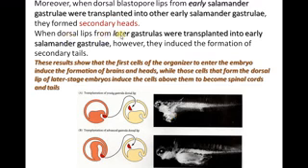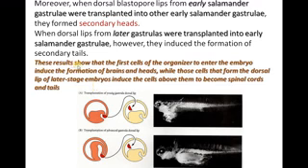When the dorsal lip from a later gastrula is transplanted into an early salamander gastrula, however, it induces the formation of a secondary tail region. Look at that. If you take the same thing from a later gastrula into an early gastrula, you see tail formation, whereas with the early gastrula upper lip into an early gastrula, you see a secondary anterior head region. So what does it indicate?